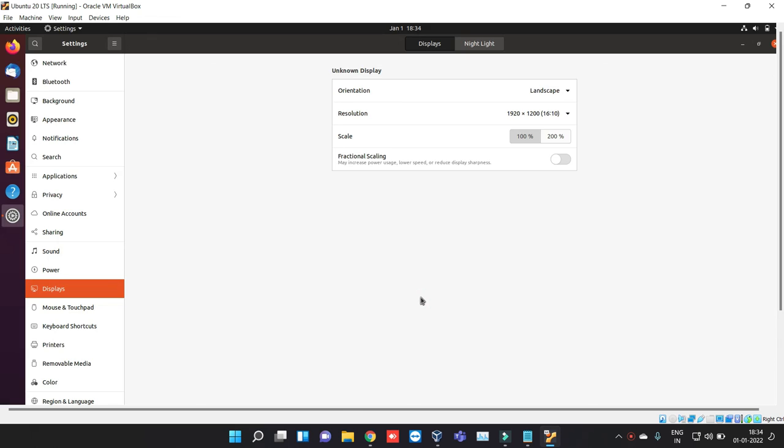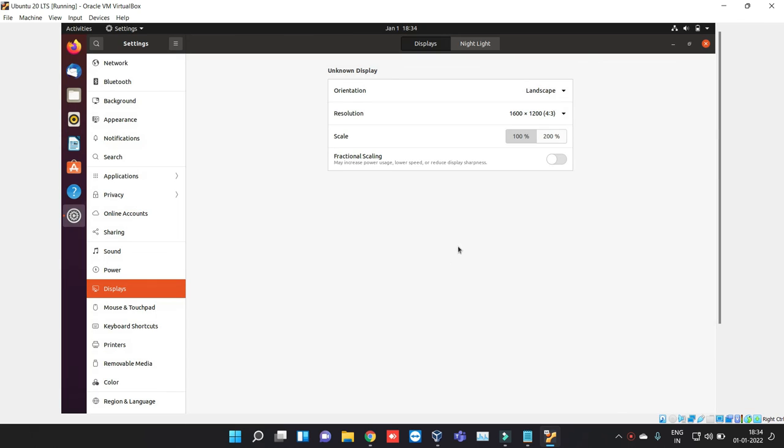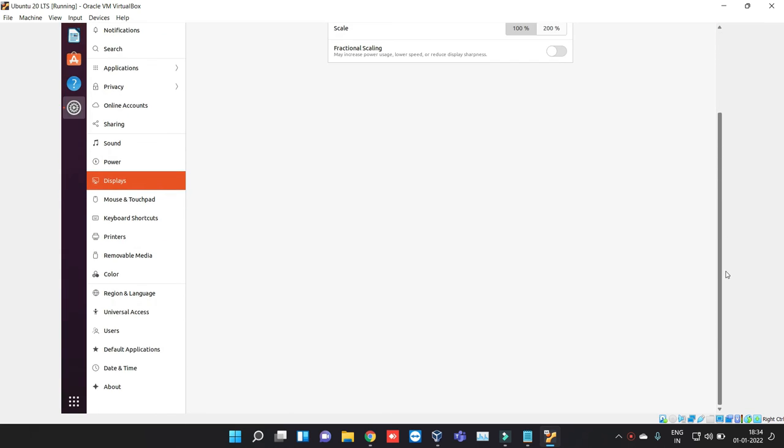It will show you in the full window and you can set it according to your requirement. I'm selecting 1600 by 1200. I think it's enough.